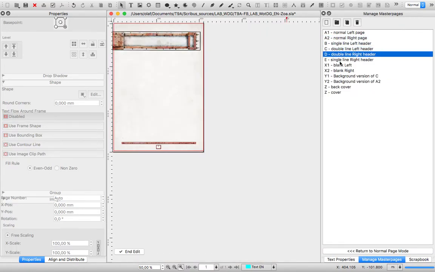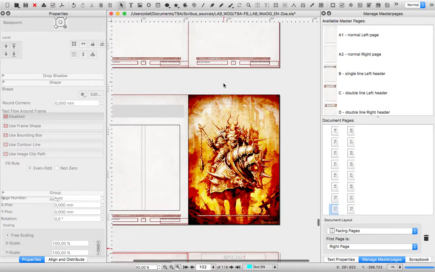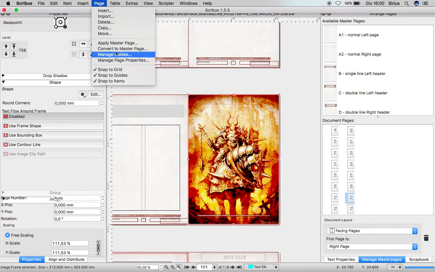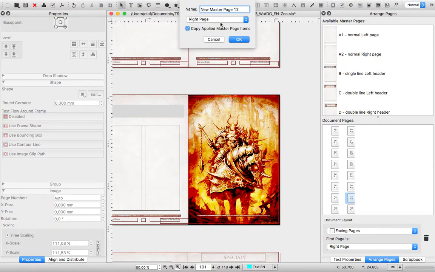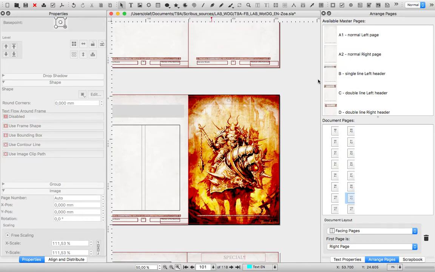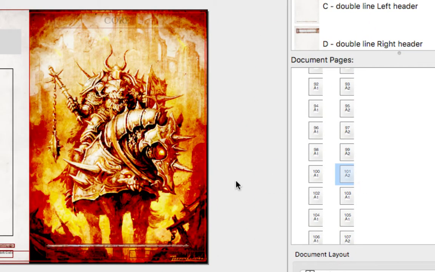If you want to create a master page, you can create one using Page, Convert to Master Page. Lately you can recall an already pre-existing master page and build up a new one by ticking the Copy Applied Master Page Items checkbox. Finally, you can build a master page from scratch through the Manage Master Pages edit mode, accessing it through the available master pages list. In the Manage Master Pages section you can copy, erase, or even import master pages. Remember that you won't be able to interact with an object if you are not in the objects layer.